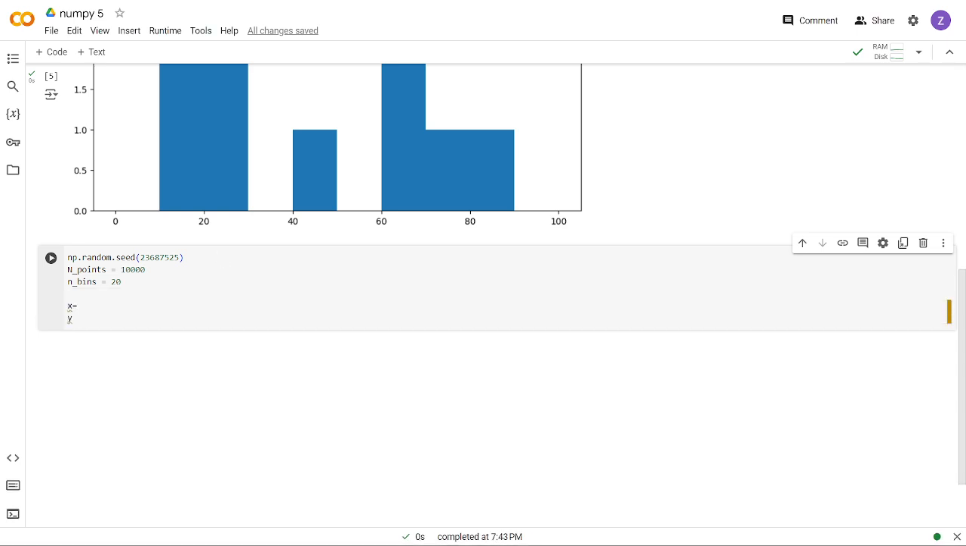Alright, so we have the x and y, and for the x, let's do np.random.random number, and then for the endpoints, right? So this is going to be our limit, basically. And for the y, we're going to set this equal to 0.8